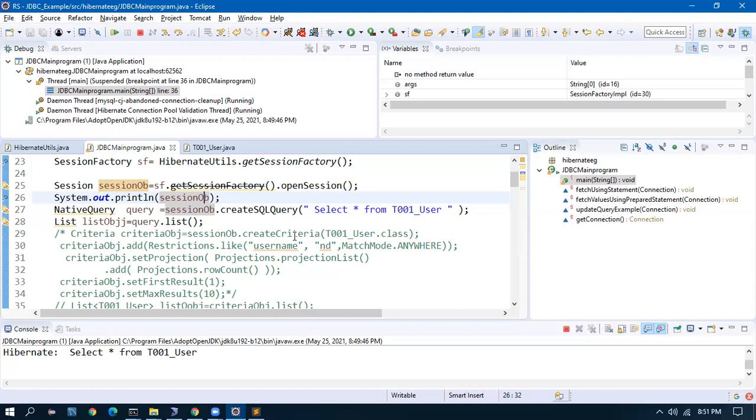Servlets are the root. It has been 15 years since I learned servlets. Lots of advanced technologies have come, but everything uses servlet only. Behind the screen, they use it, they don't expose it to the customer. So it doesn't mean that we are not using servlets. We are using servlets. The same way, we use JDBC only. Hibernate uses JDBC behind the screen. So you need to know basically how to connect to a database. That is why I taught you how to do that.